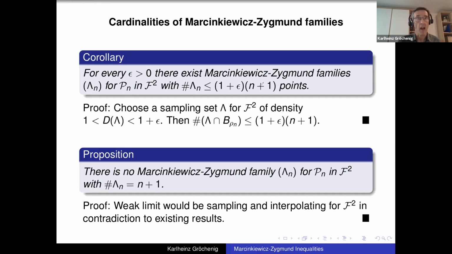When you look at polynomials of degree n, then it's clear every polynomial of degree n is uniquely determined by n+1 points. And so you have a sampling inequality. If you look at sampling inequalities with uniform constants, then of course the question is, how many additional points do you need in order to guarantee that the sampling inequalities are uniform? So one insight is that basically you get as close to n+1 as you want. You can construct Marcinkiewicz-Zygmund families with (n+1) times (1 plus epsilon) points for arbitrary epsilon predetermined. Well, you just choose a sampling set that has density between 1 and 1 plus epsilon, and then you have this number of points in